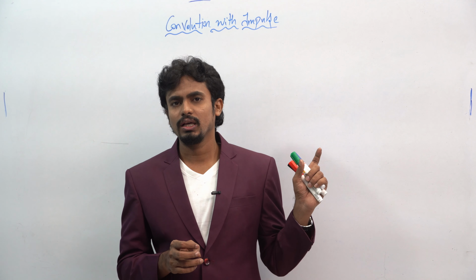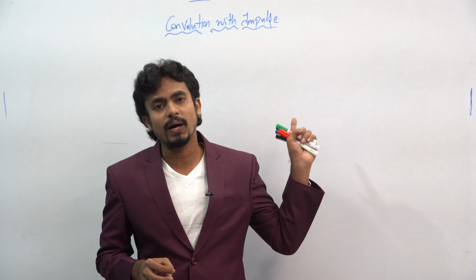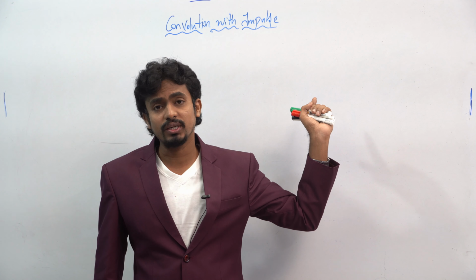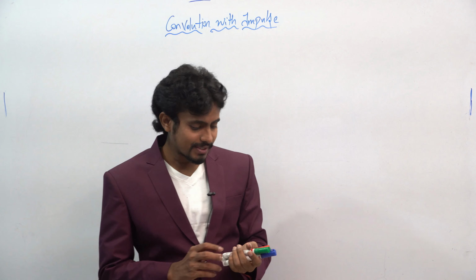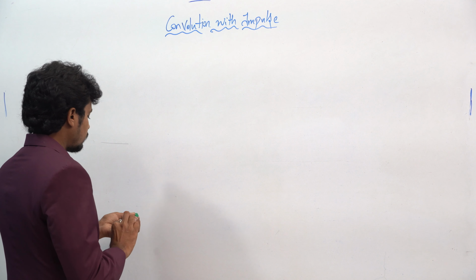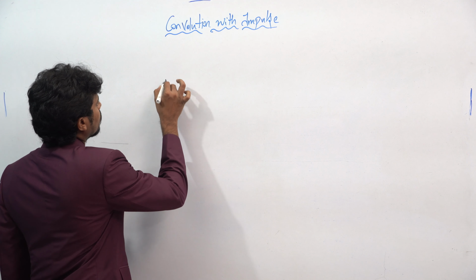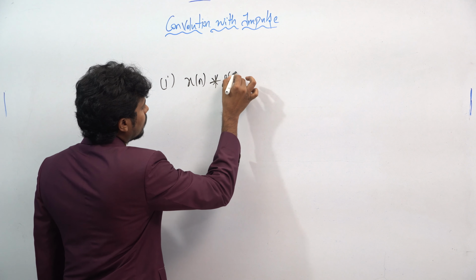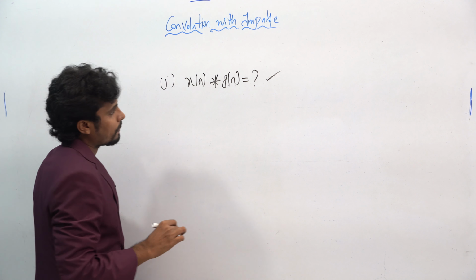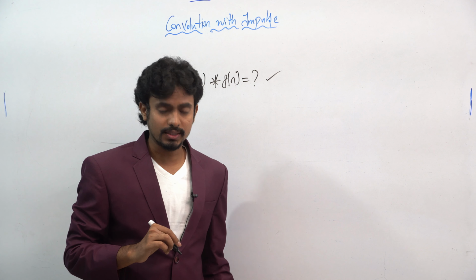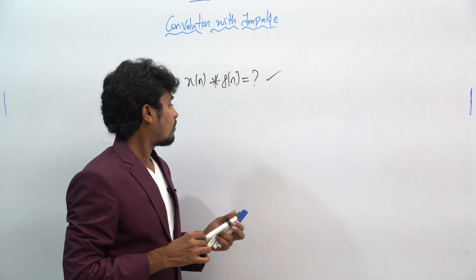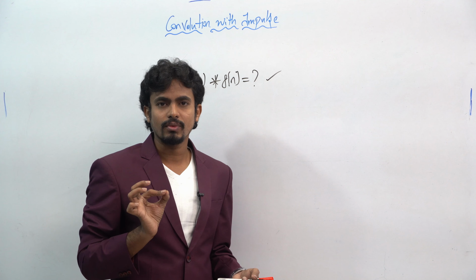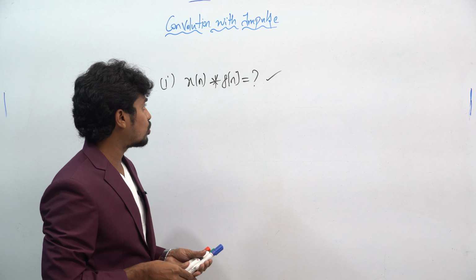Now let's see the formula derivations. That output is very important from the point of view of your GATE examination. For example, the first question: if you give x of n convolved with del of n, what will happen? That is the question they will ask. You have to solve this. Whatever output we get will lead to the formula. In this class we will try to see 1 to 2 questions.